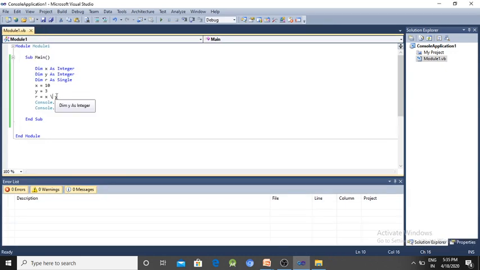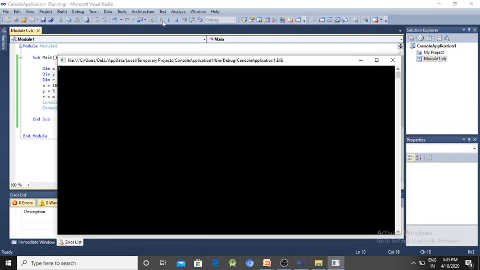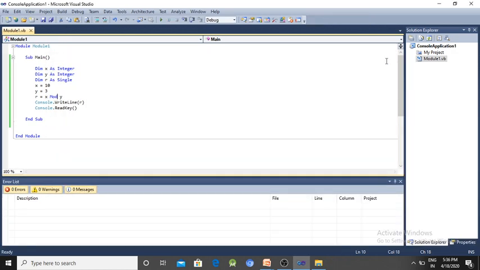Then again we write mod. The modulo operator is used to find the remainder, which means the remainder will be 1. What is the difference? If we use x slash y, the output will be 3.33.